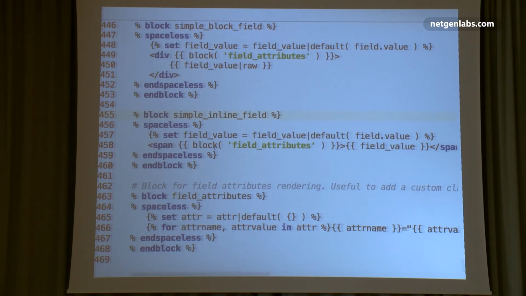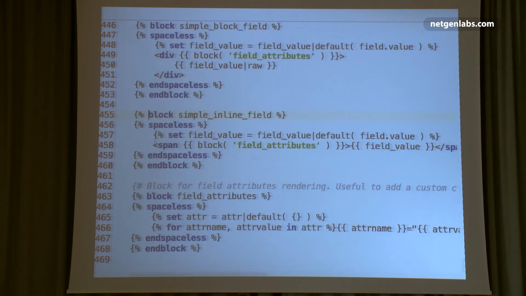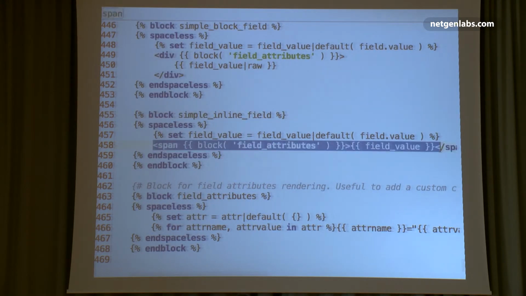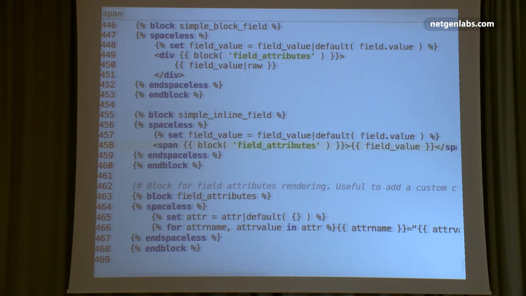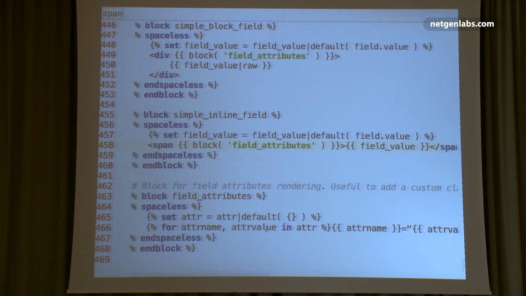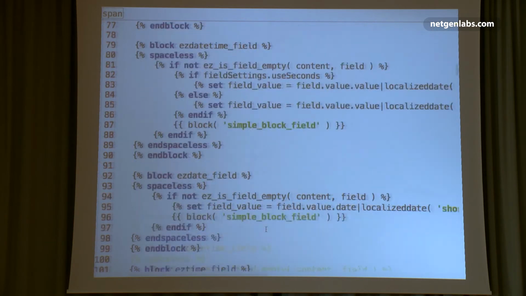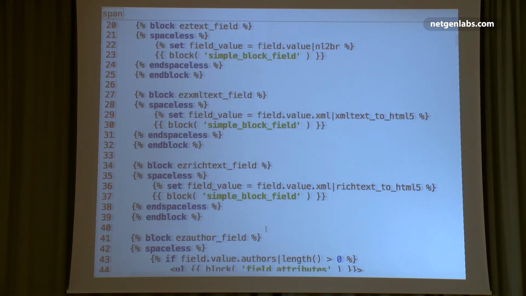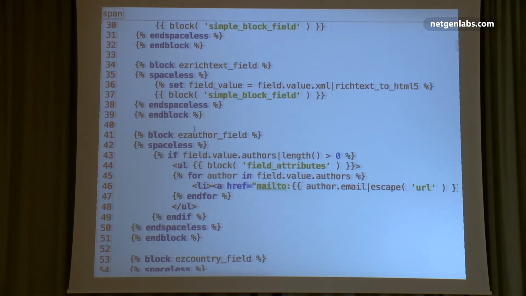So you can see here what is the rendering of it. So it's basically rendering a span with the attributes. These attributes are actually the field, the content ID, if I remember correctly, and the field ID, which will probably be needed in the future for inline on-site editing. But if we look at other ones like authors, yes, and